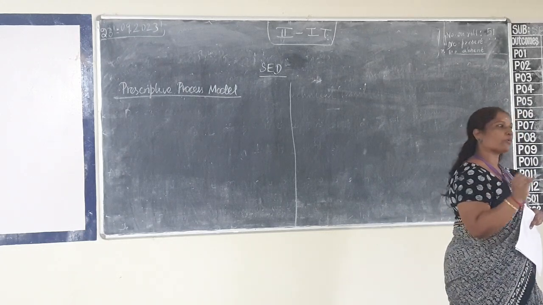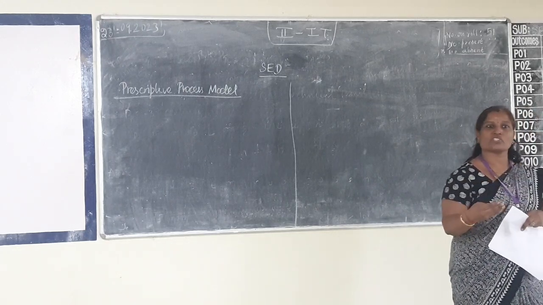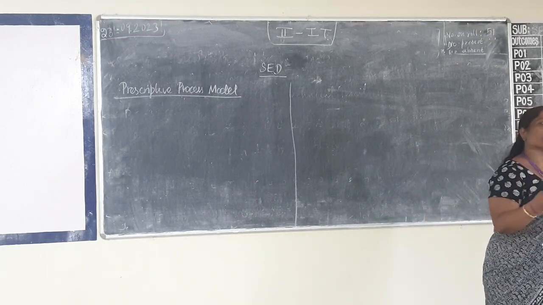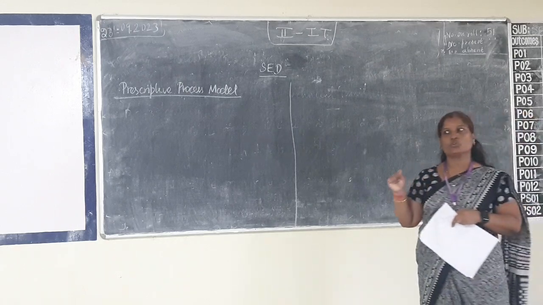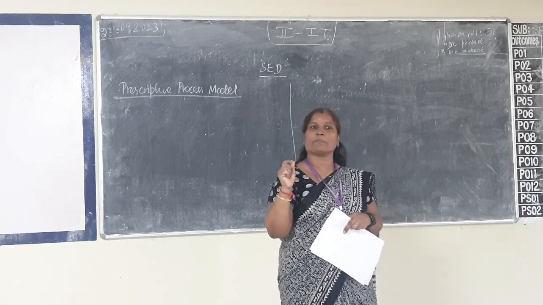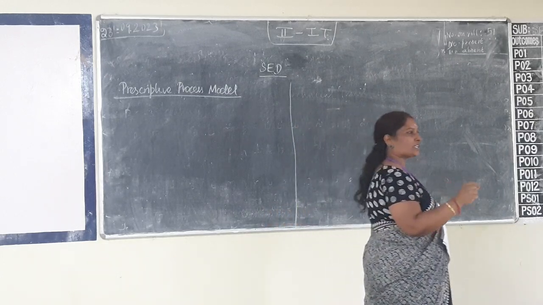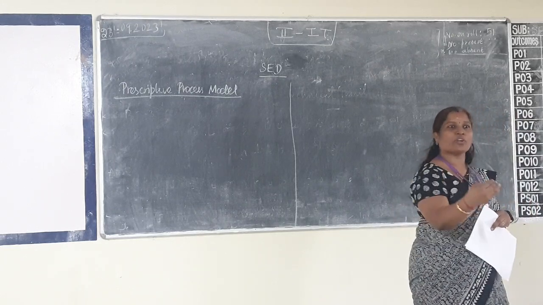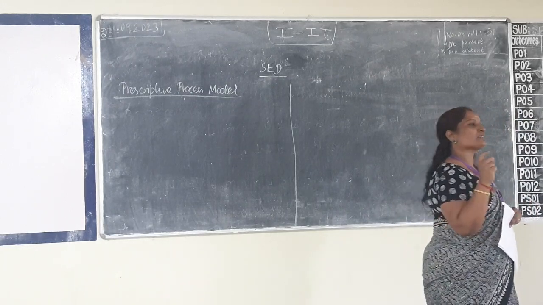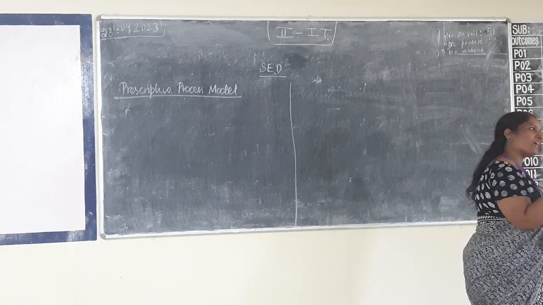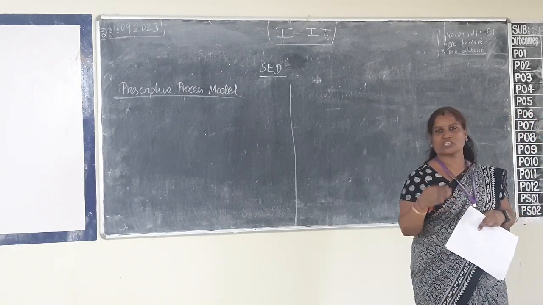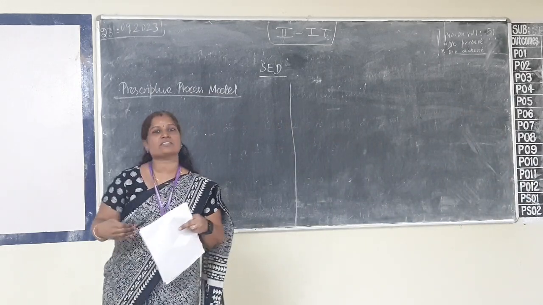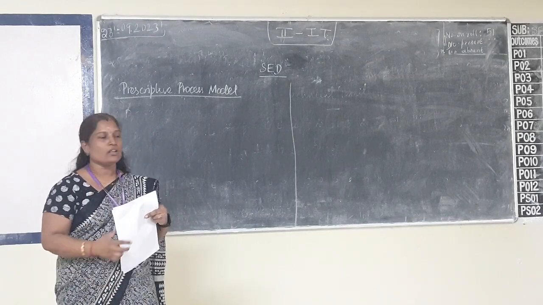So first is communication. Before we can start any project, we need to communicate with the stakeholders, especially the users who are going to use it. The one who is developing the project has to communicate with the people who are going to use it. It may not be direct communication. In that team there will be a set of people exclusively allotted for communication. After that only, we proceed to the next phases or activities.